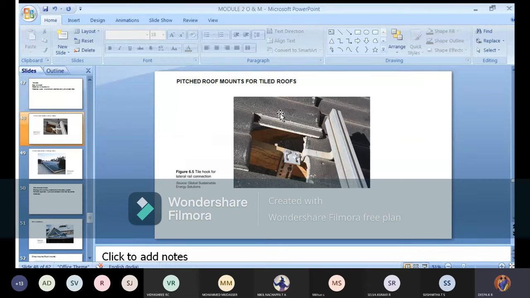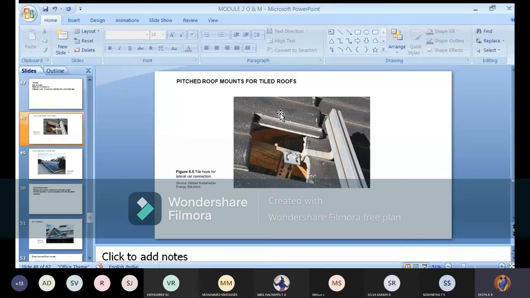In that case, you can prefer pitched roof mounts for tiled systems. Nothing special, nothing more advantageous, but it is my requirement. Yes, I want to install in this situation, I need it. Then you have to demand it from the manufacturer to get this kind of installation. I think the usage of pitched roof mounts for tiled conditions is a very small percentage.